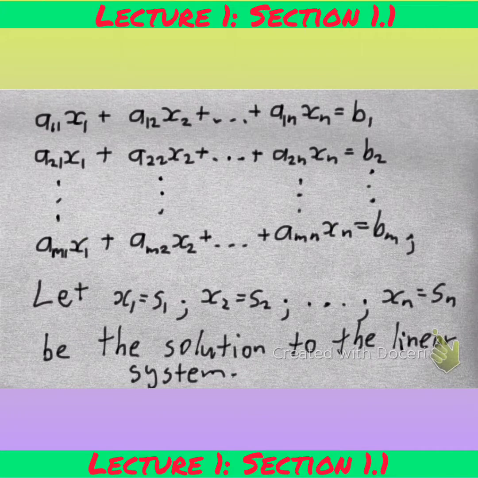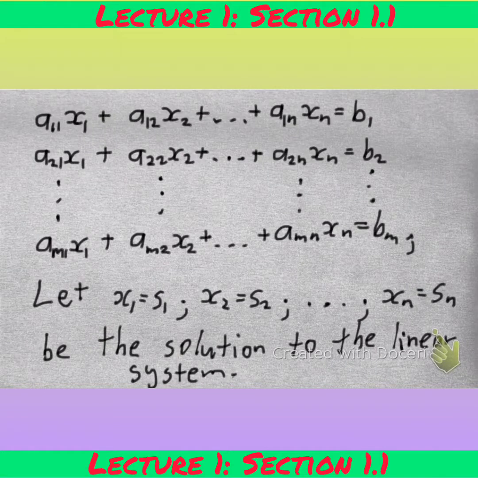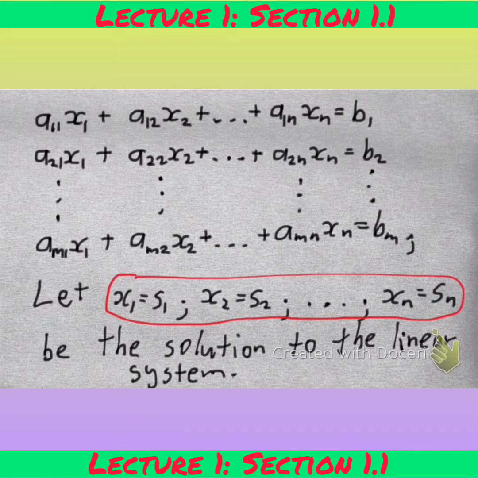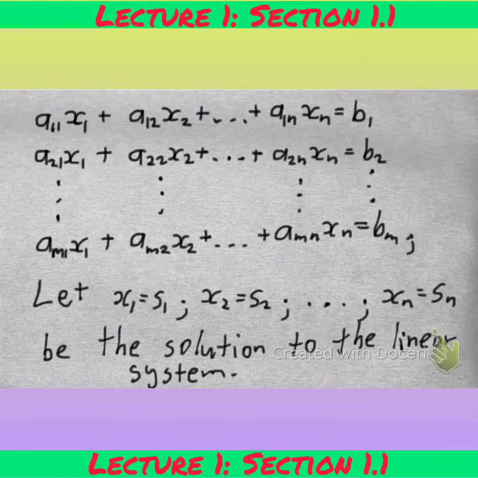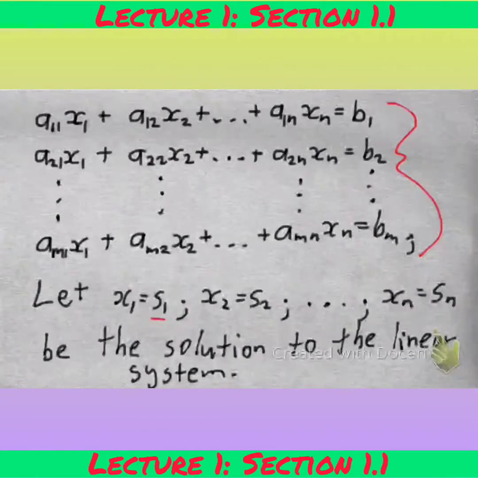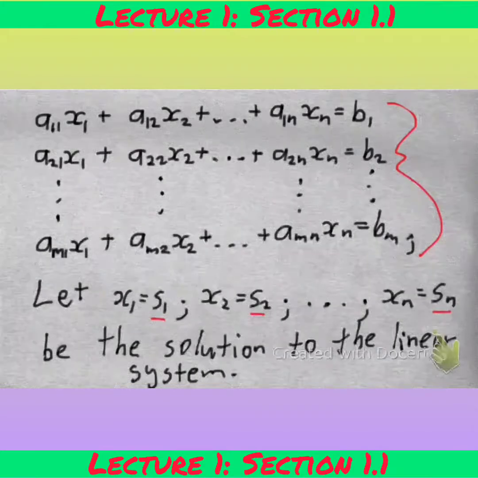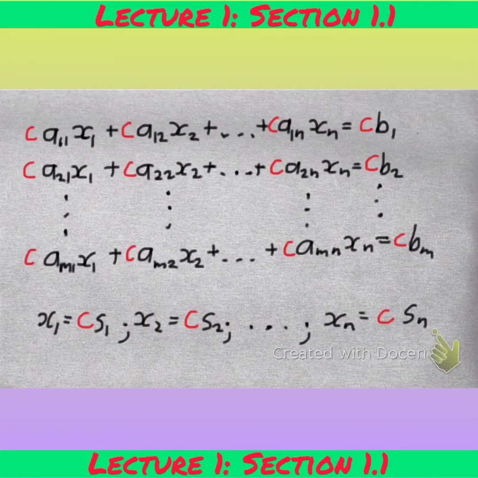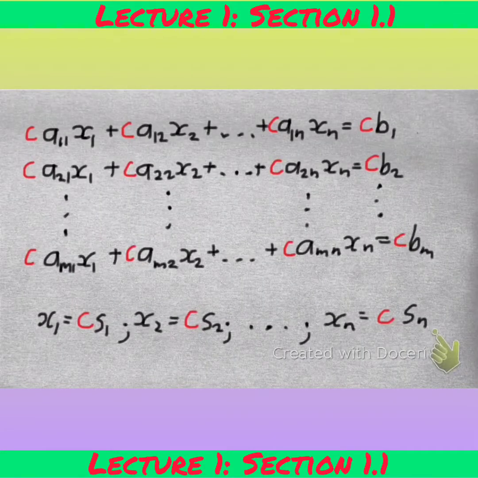Now, if we look at this system, let us also assume that this system has a solution, and the solution is given by these values, S1, S2 up until Sn. And as I said, that is a solution to the linear system. Now let's see what happens if we multiply this whole linear system with a constant c, and we also multiply the solution of each variable by c, and then see what happens. So there we multiply each equation through by constant c, and we multiply the solution of each variable